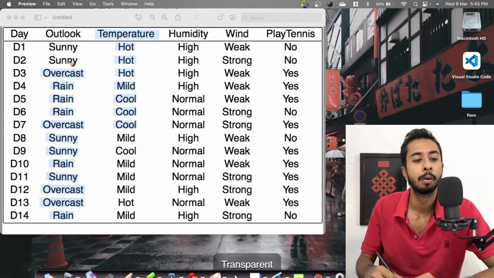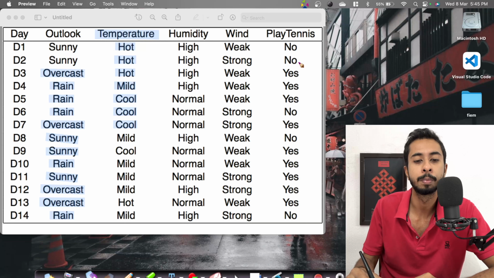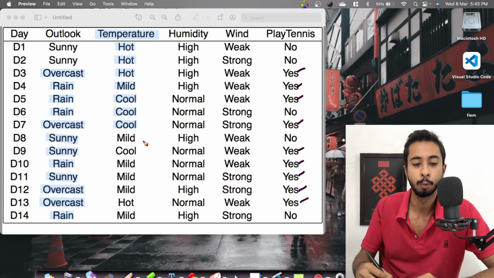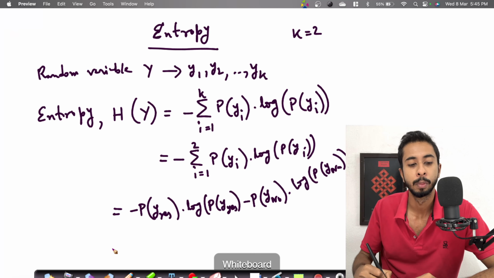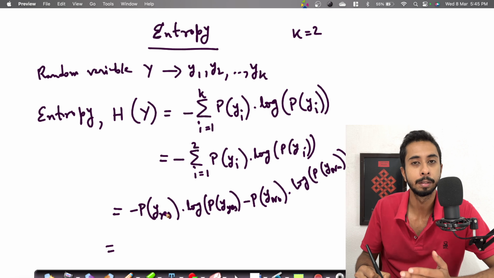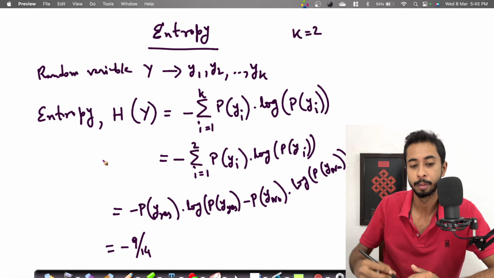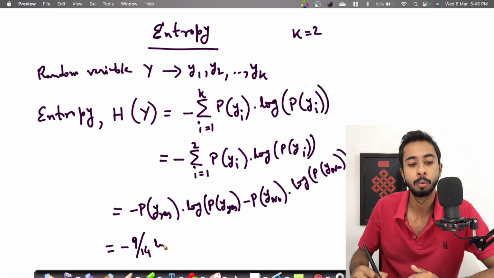So let's do it by the example. In our example, you see how many no's are present and how many yeses are present. We have 1 2 3 4 5 6 7 8 9, so 9 yes are present out of 14, and then 5 no's are present, right? So probability of y yes is 9 by 14. You already know how probability is calculated. So it is minus 9 by 14 because we have 9 yes out of 14 data, so 9 by 14 into log of 9 by 14